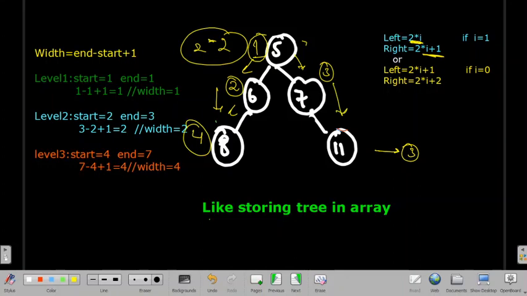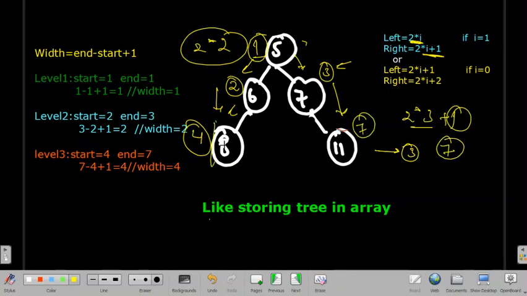From this node we don't have any right node, so we do not assign any index. And from here we don't have any left node, we have only a right node. So for the right index we have the formula 2 into I plus 1, where I is 3 now, so 2 times 3 is 6 plus 1 is 7, right? So here we have got index equals to 7.